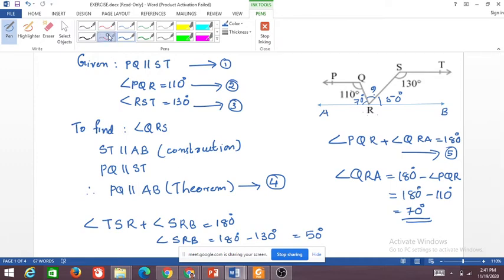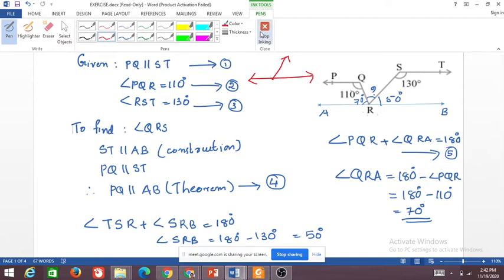Okay, let me show you. Ma'am, can I? Yeah. So one second. I'll show her what she was saying. So when a ray is standing on a line, this is what she was saying, and then she was saying about interior angles are supplementary. Look at this. Here you have a ray which is standing on a line. So what are the interior angles here? How can you say they are interior? Any angle is interior here? Interior means inside, no? So you are telling me about the linear pair axiom. Here these are the adjacent angles. Adjacent angles will be supplementary. They are forming a linear pair like that.